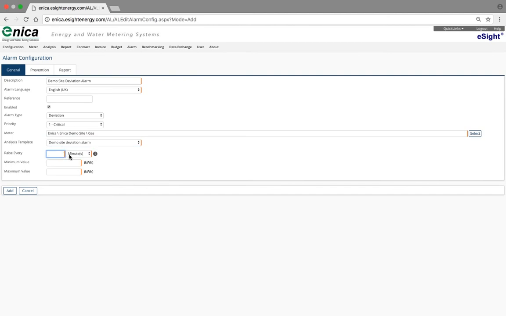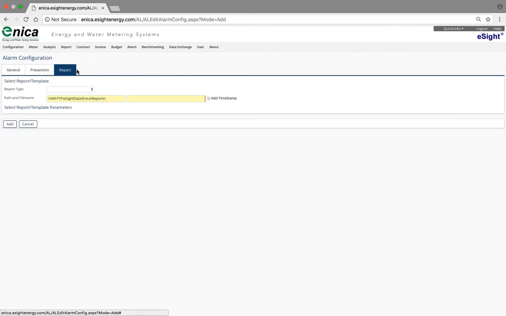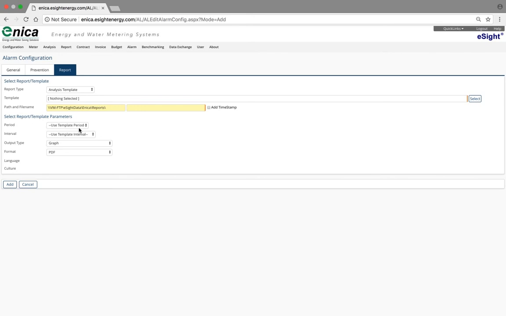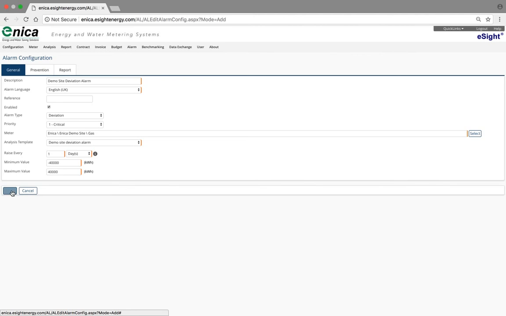And let's say that we're going to raise it every 1 day. And this is where we can type in our minimum and maximum thresholds for our deviation. So minus 40,000 kilowatt hours less than expected, and then plus 40,000 kilowatt hours. And these values could be anything that you wanted to select. And we could also have a report that comes with that. So we get an analysis template along with this email. And for instance, we've already set up our template, and we're going to have that as a PDF and as a graph. So if we're just going to click add there,